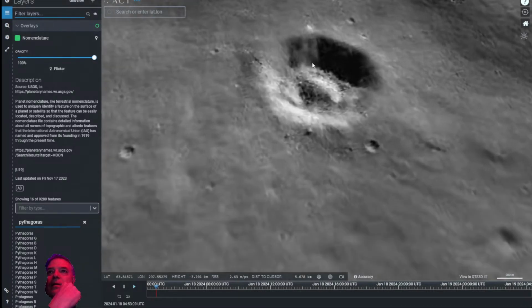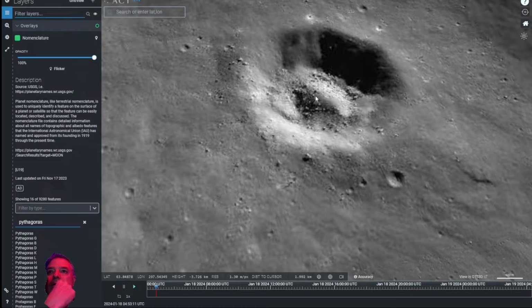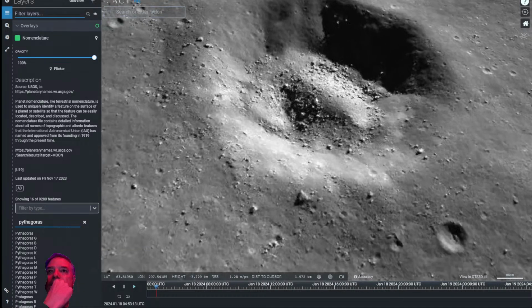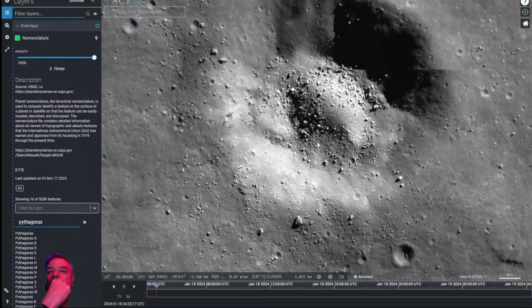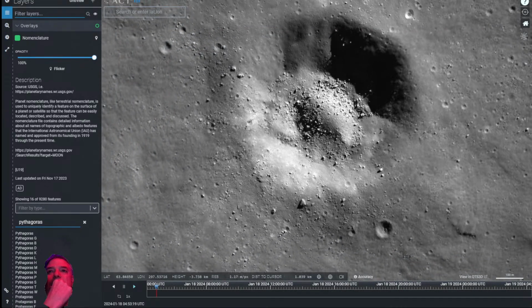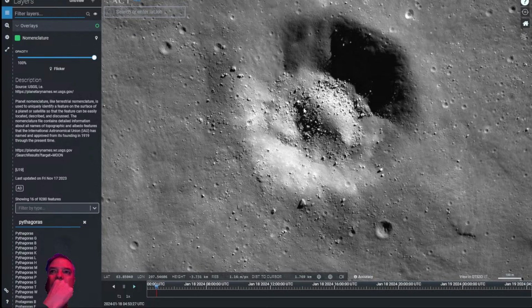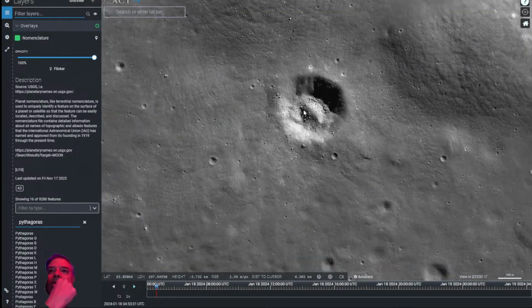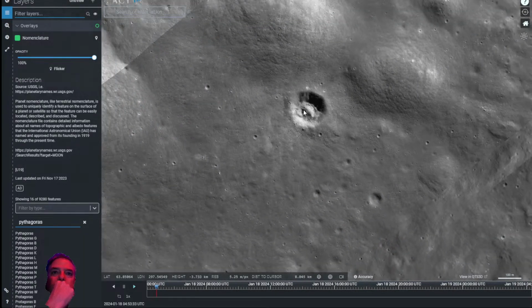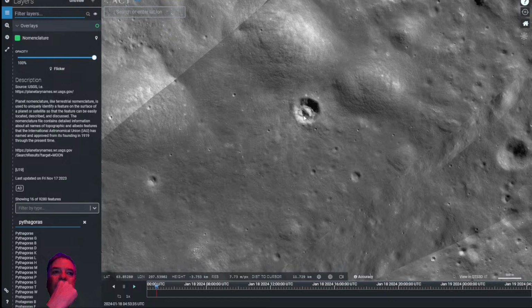Okay, like here's one right here. This crater looks like it may be younger than the other one, but not by much. This has a lot of features that look like they might be still a little bit sharp. It's actually pretty soft, so it might not be as young as I thought. But again, it's just a fascinating